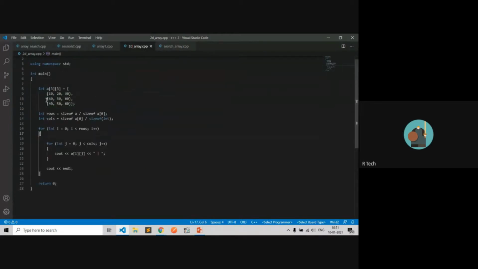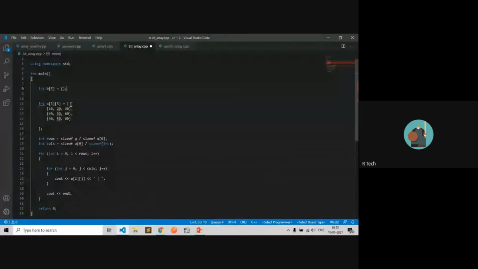You can see how many rows there are here. Statically, we can say only 3. But if you want to find it dynamically, then just check. Let's say integer b having 5 elements. Just forget about rows.